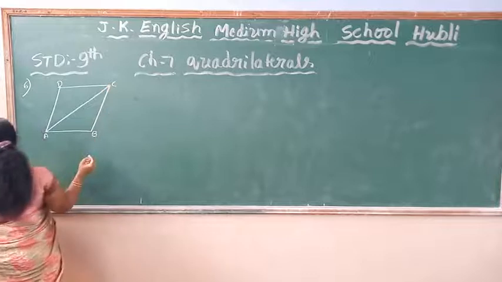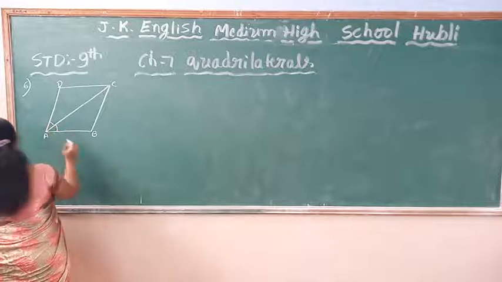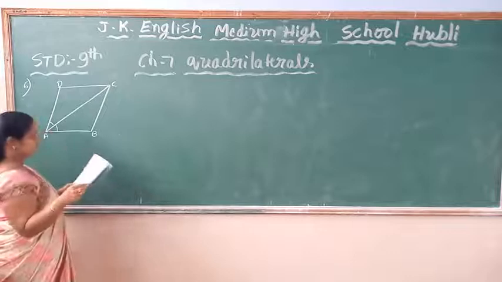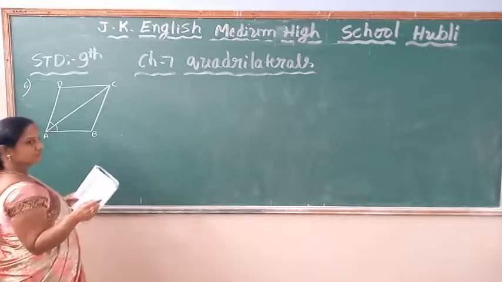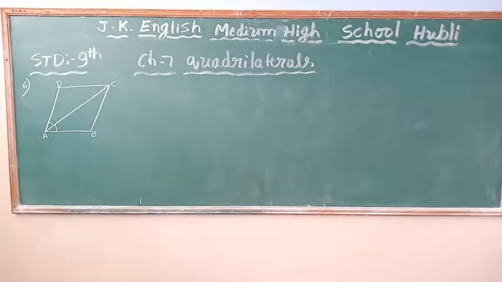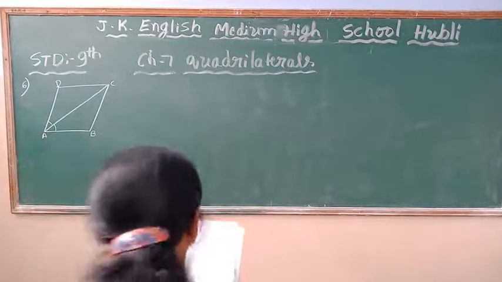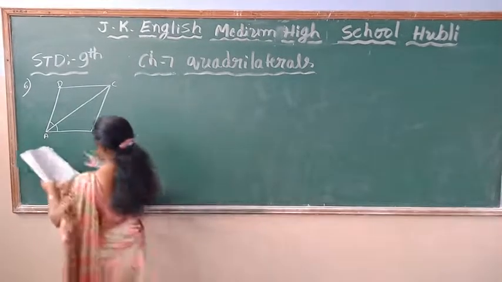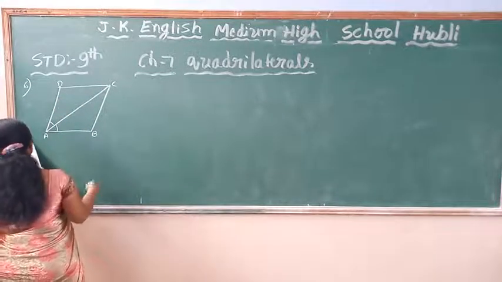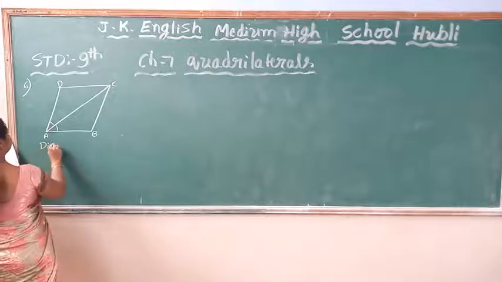Diagonal AC of a parallelogram ABCD bisects angle A. Okay, show that. The question is, just a minute. Diagonal AC of a parallelogram ABCD bisects angle A. Show that. Children, the question is diagonal AC